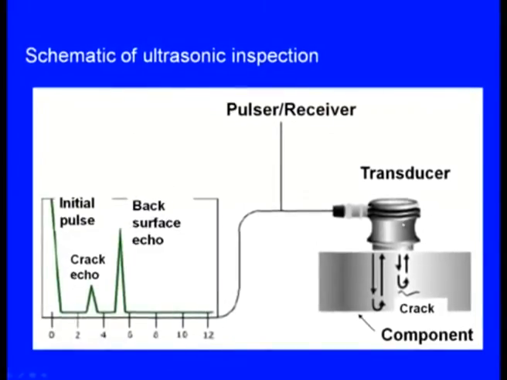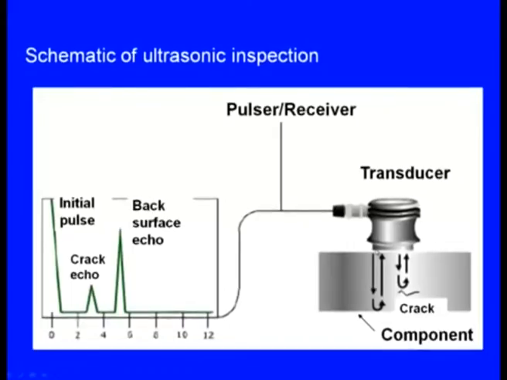So, this is the transducer. A piezoelectric transducer, what does it mean? It generates the electric pulse. So, this is the component. We generate the pulses and ultrasonic waves will be coming and passing through the component. A normal ultrasonic wave will go up to the extreme surface end of the cast component and it will be coming back. Here we can see this is the initial pulse and after that the ultrasonic wave comes back. So, this is the back surface echo, this one.